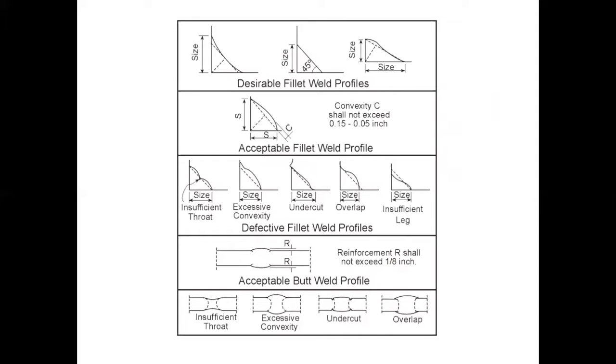All right, so we're back. Above, on the top of this graph here, we see desirable fillet weld profiles. So the big thing we're looking for with this is what we see in the middle here. So we have 45-degree weld with equal legs. For the most part, it can be equal legs. It doesn't have to be, but when you see equal legs, it's usually a pretty good indicator that your weld is decent. And then here we have a convex weld, but it's a larger convex weld, and it does have the equal leg